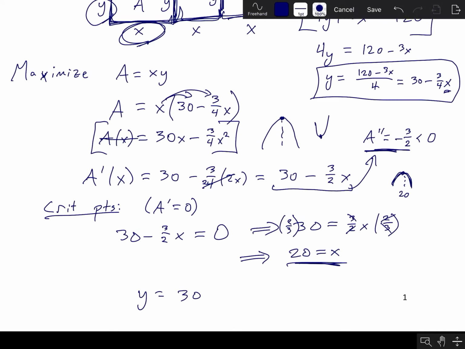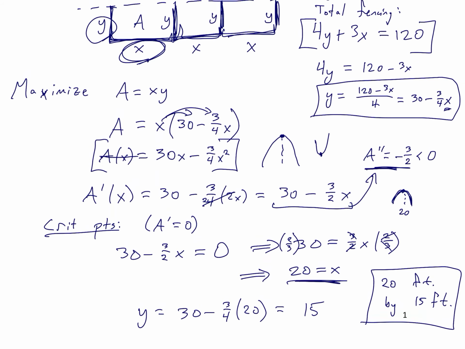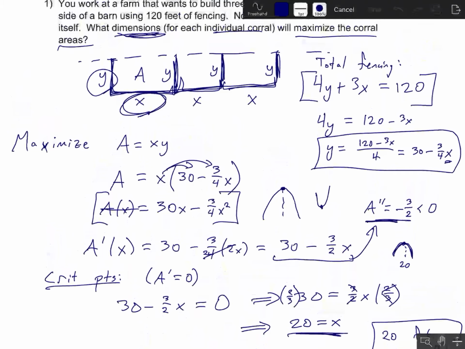So I'll just do that down here. y is equal to, what was it, 30 minus 3/4 x. The x is 20, which gives us a y value of 15 altogether. So what I like to do at the end of these problems is rewrite this in terms of the original prompt. So I would say that my answer is 20 feet by 15 feet. So those are the dimensions of the corrals with maximal value, or maximal area, rather. Okay, and in the next